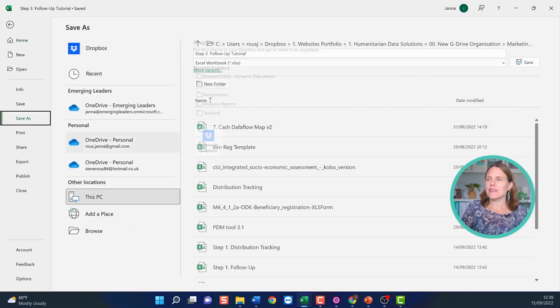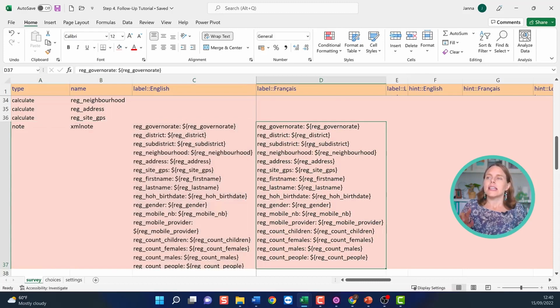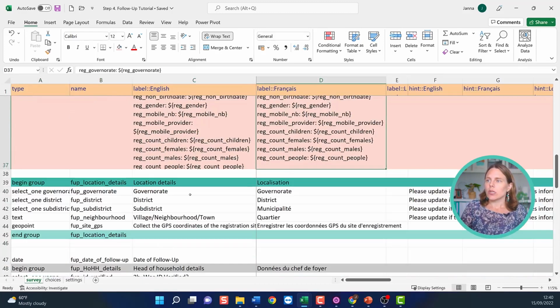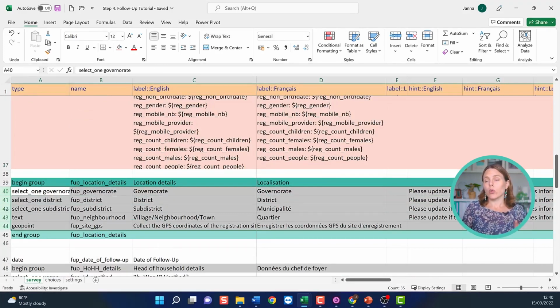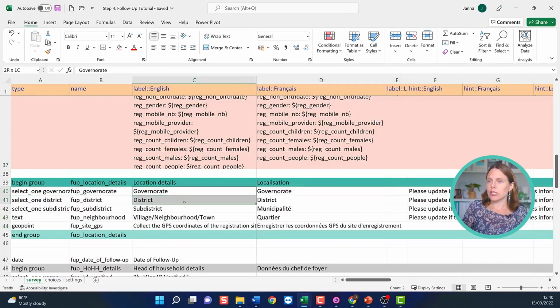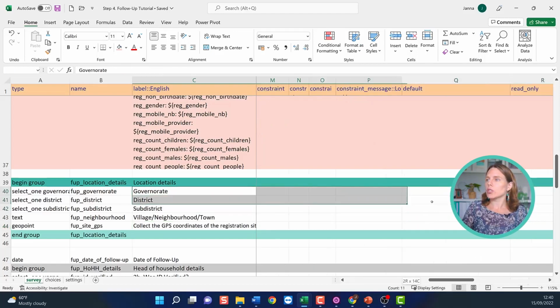So now I'm gonna save this next step as step 4, follow-up tutorial. So the next thing that we want to do is we want to go into each of the data points where we want to pull that data into, okay? So governorate, district, sub-district, and town, we're probably going to pull in. GPS, I don't think I'm actually going to pull in GPS because I want them to take a new GPS point. So we're going to go all the way over to our